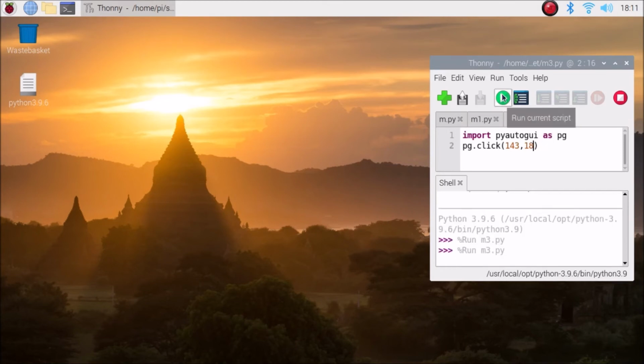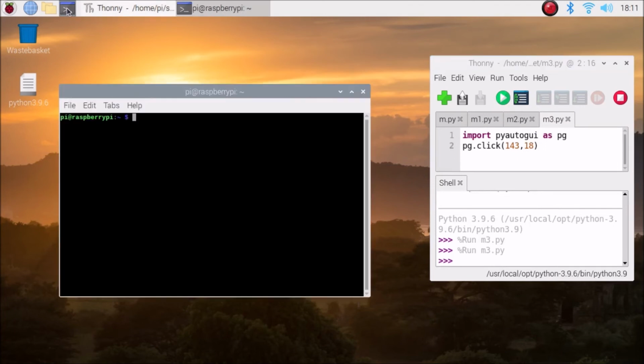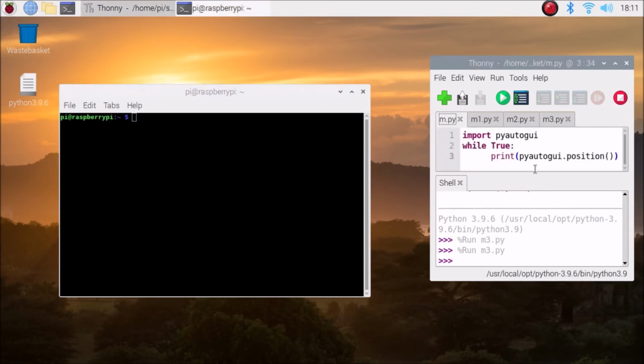So again we are going to run the script, the terminal opens. Now we want coordinates from here. So again we are going to run our first script which basically shows the xy coordinates. So run the m.py. You can mention any name, friends. I have just mentioned m1.py, m2 and m3.py. So we are going to run the script.